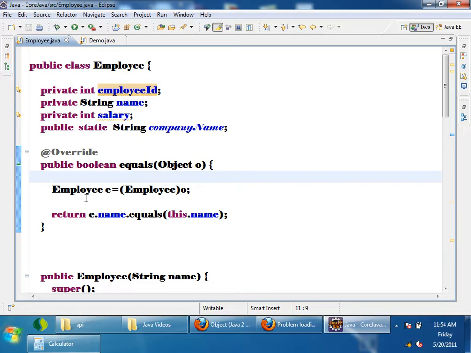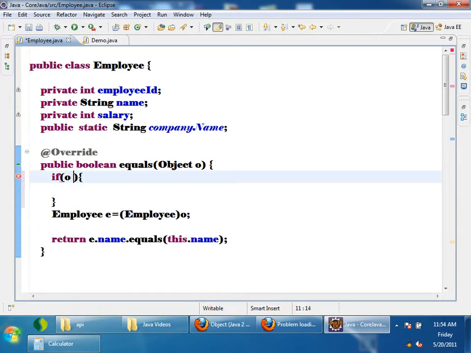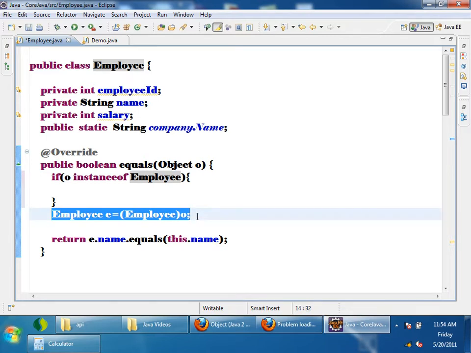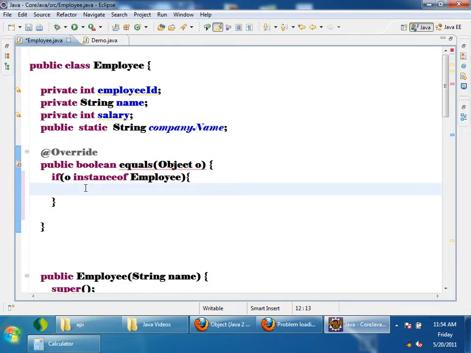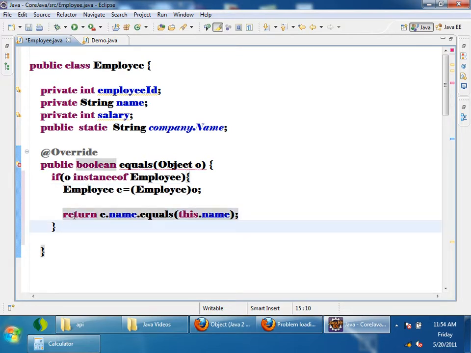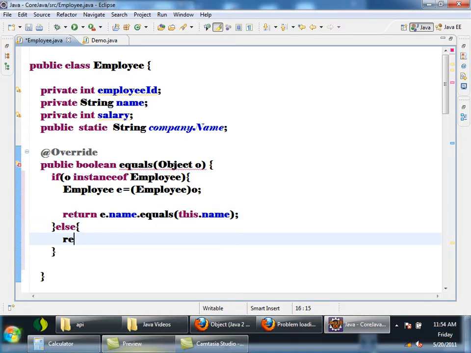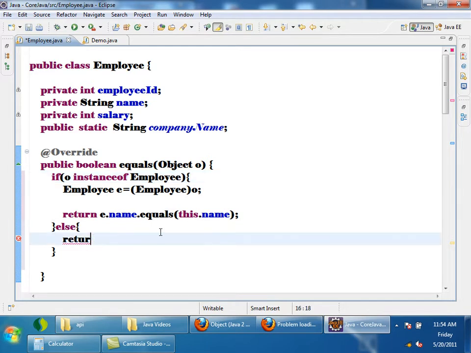To check, what I can do is: if O instanceof Employee, this is a keyword, then only I will typecast, else return false always.